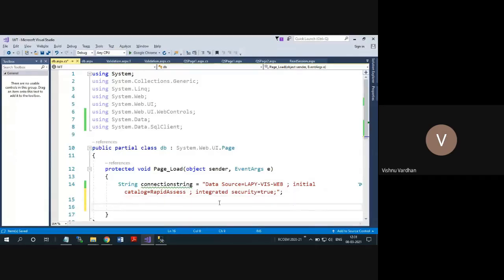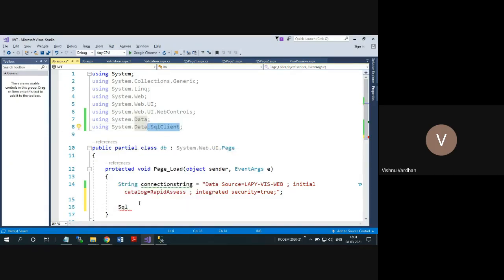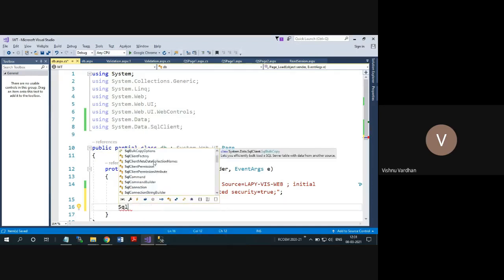we need to instantiate the connection object. So for that, I will take SQL. You can see while I type SQL, because all these are coming from SQL client, IntelliSense is showing all these SQL related objects.